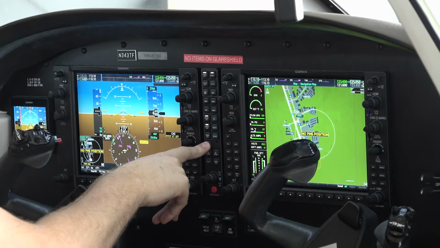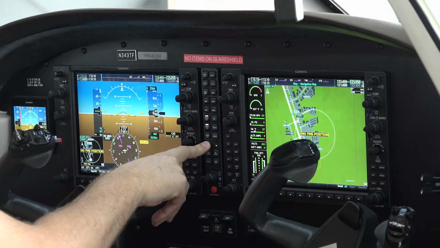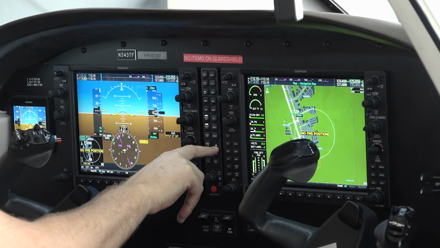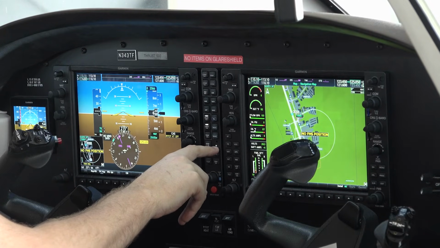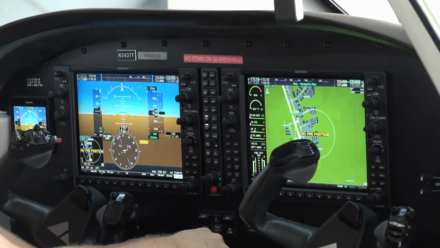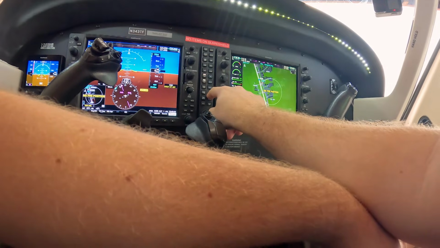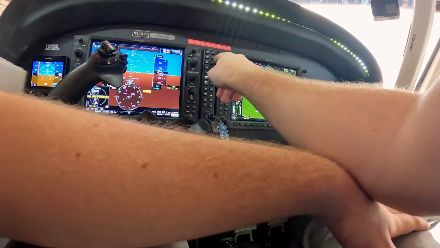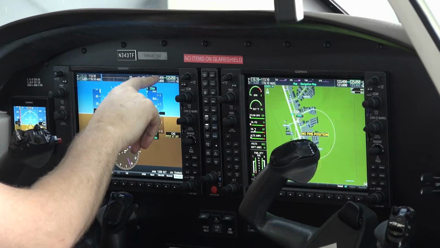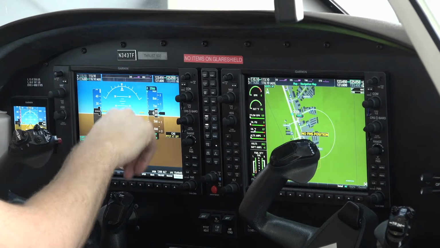If I press and hold this for 2 seconds, I now have this little PA annunciator. You can probably barely see it, but it's right next to the speaker PA button here. It's illuminated a little white light, and that's telling me that I'm now making a PA announcement. So I've got this little PA annunciator illuminated here on the audio panel. I no longer have a COM1 or COM2 annunciator illuminated, and there is no more green shown on COM1 or